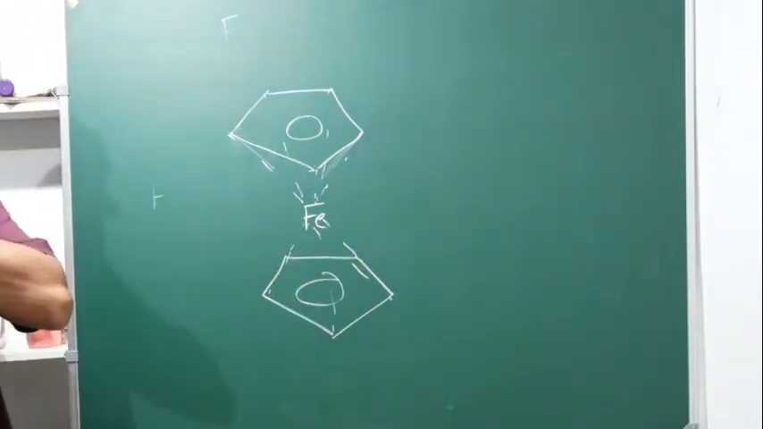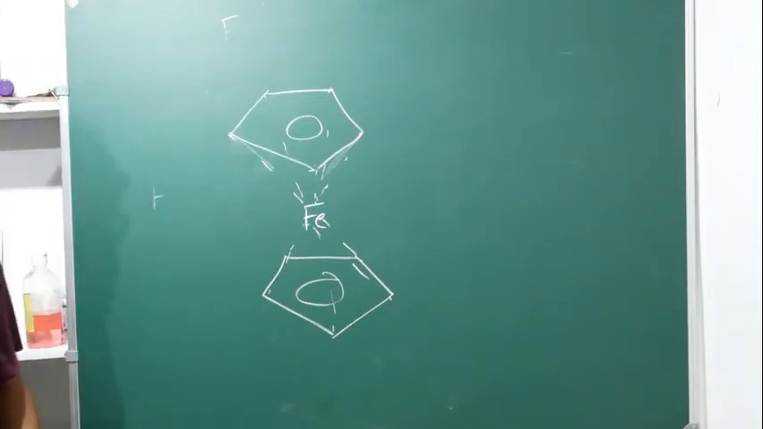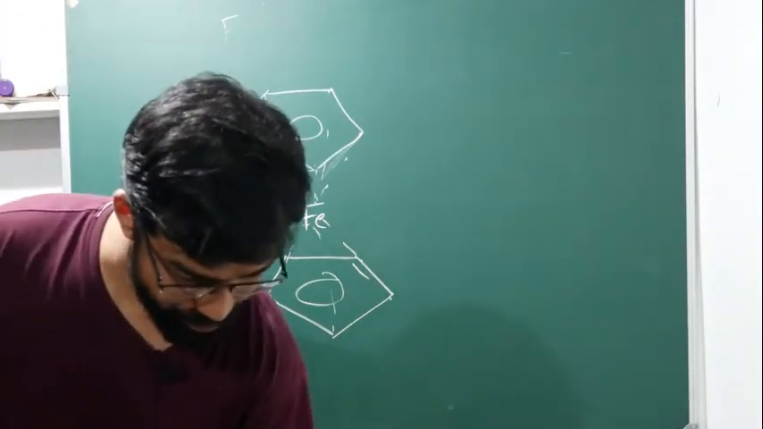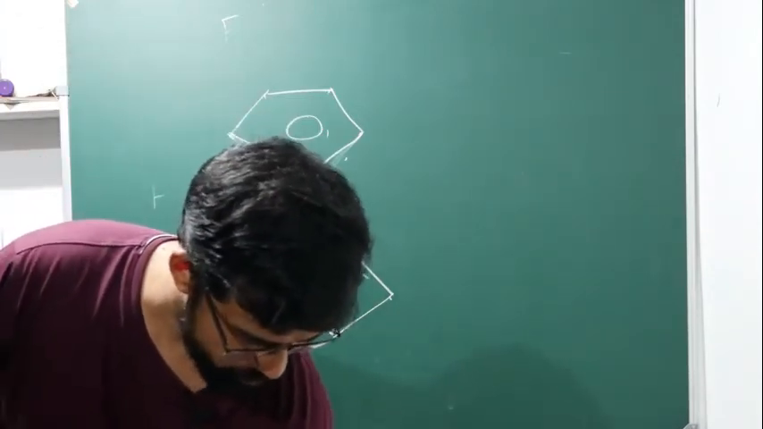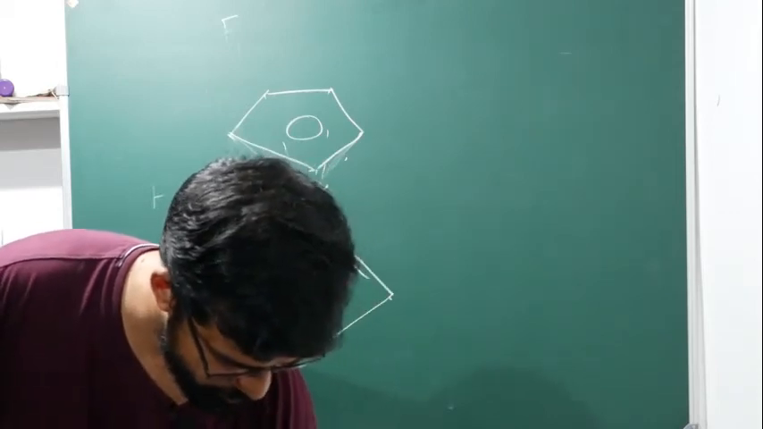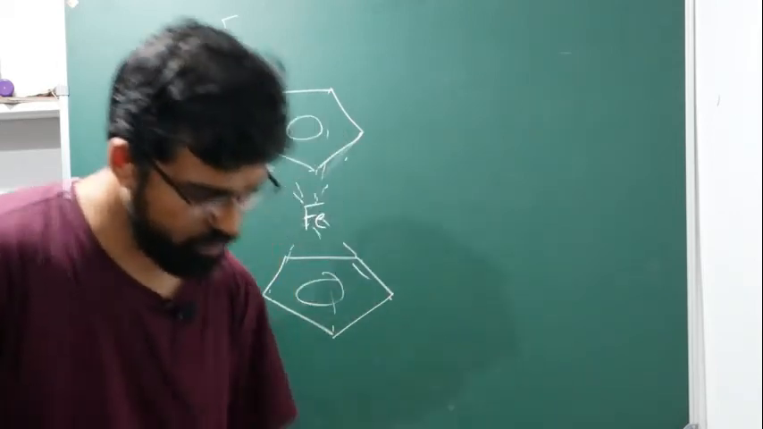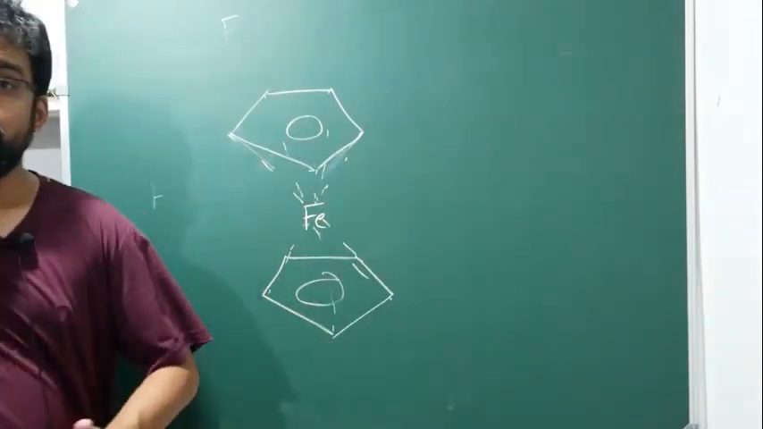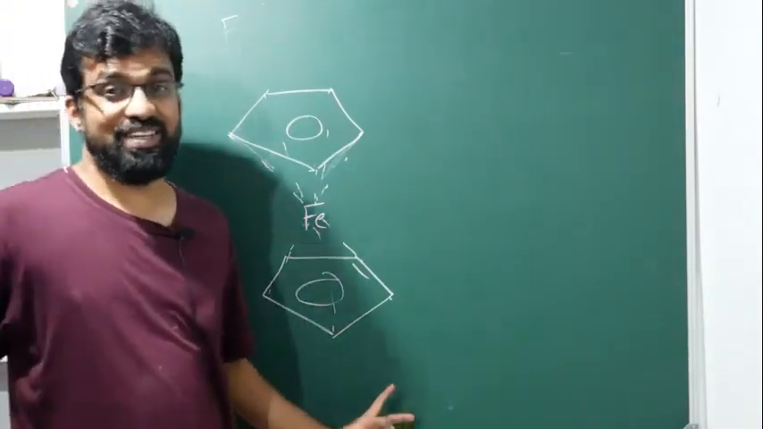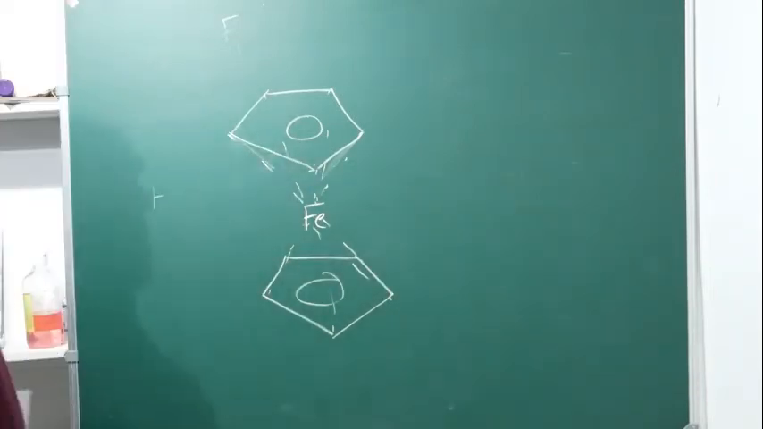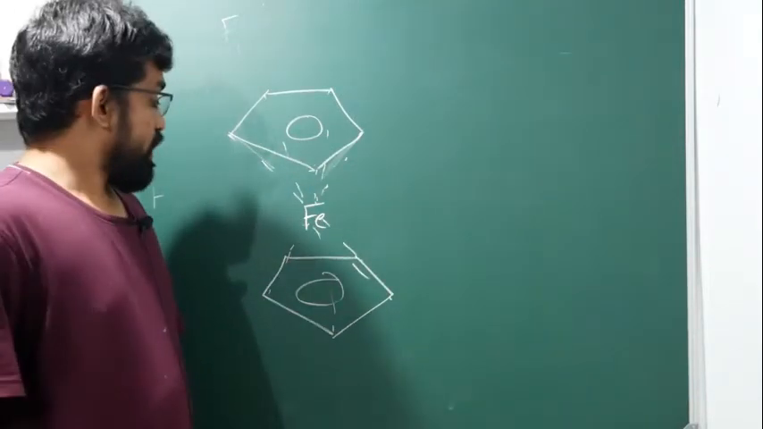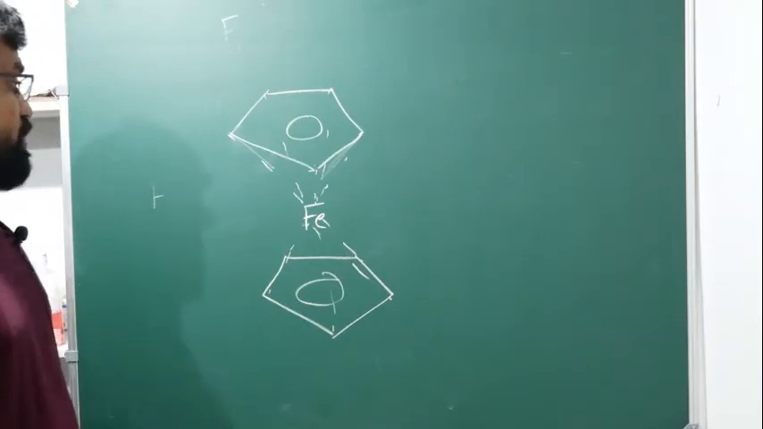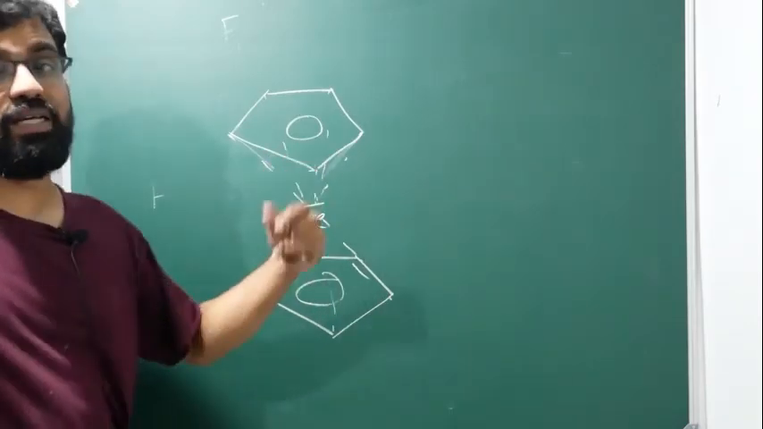This is a staggered ferrocene. Okay, staggered ferrocene. I don't know, is it there in your example? Sorry, this is eclipsed ferrocene. Okay, in this eclipsed ferrocene, what are the